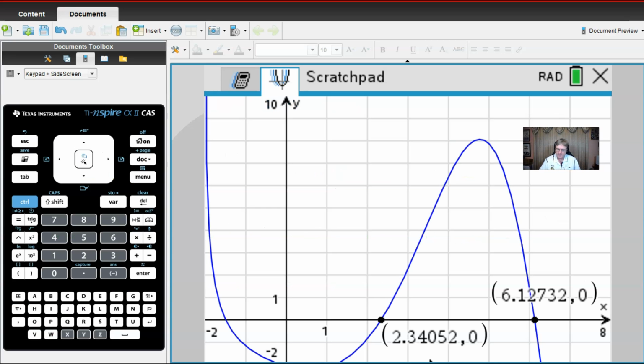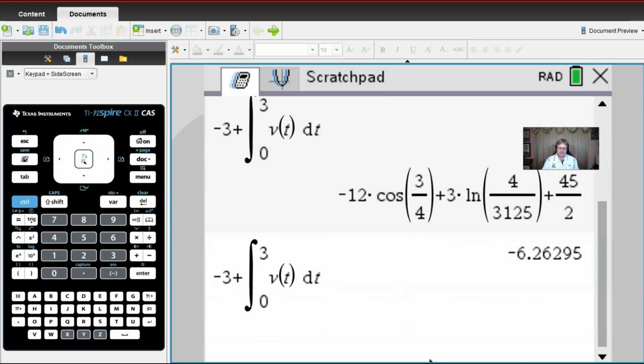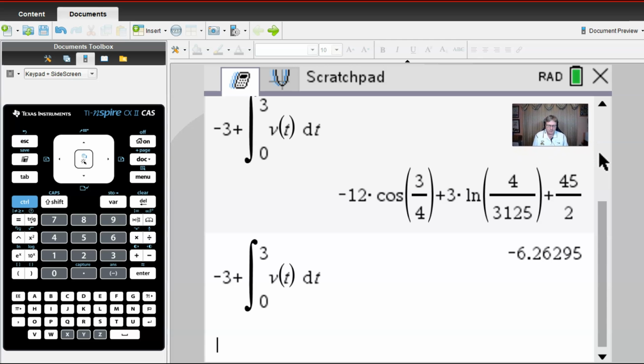Again, we'll move over to the calculator page, and I think I've got quite a bit of a mess going on here, but we're still going to be fine. I don't want to clear it because I don't want to get rid of the definition or the defining storing of the v of x. So what we're going to do is start with that v of x or v of t,